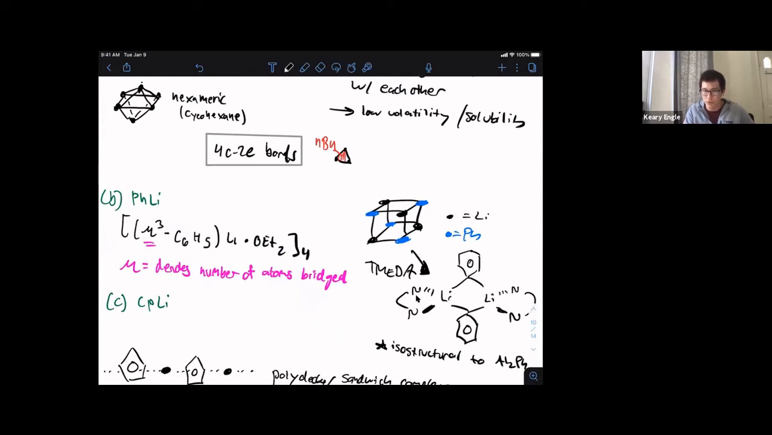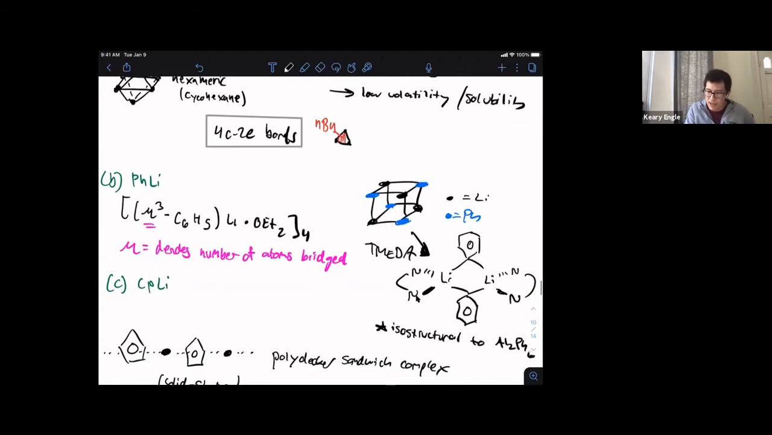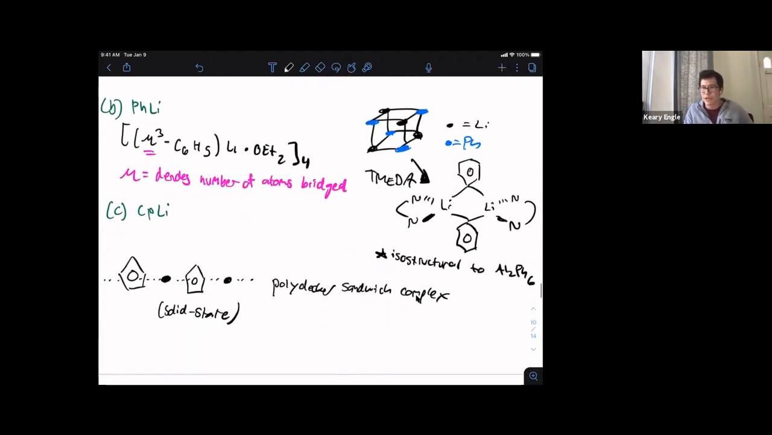So here, the phenyl group is denoted as mu3, and mu denotes a bridging interaction, and the subscript denotes the number of atoms that are bridged by this particular ligand. So in this case, it's a mu3 phenyl substituent, and you'll see that again. And one of the things you may have encountered in your synthetic organic pursuits is that these aggregates can be broken up. And so that's depicted here by reaction of